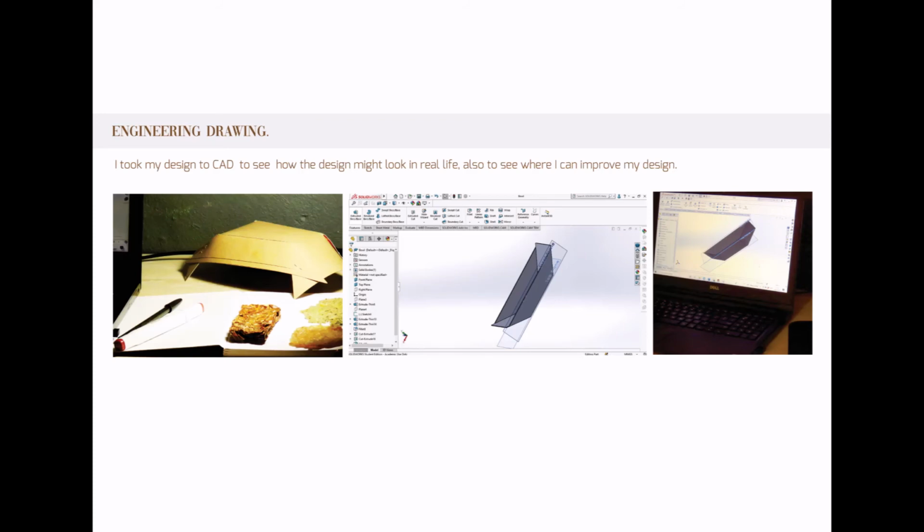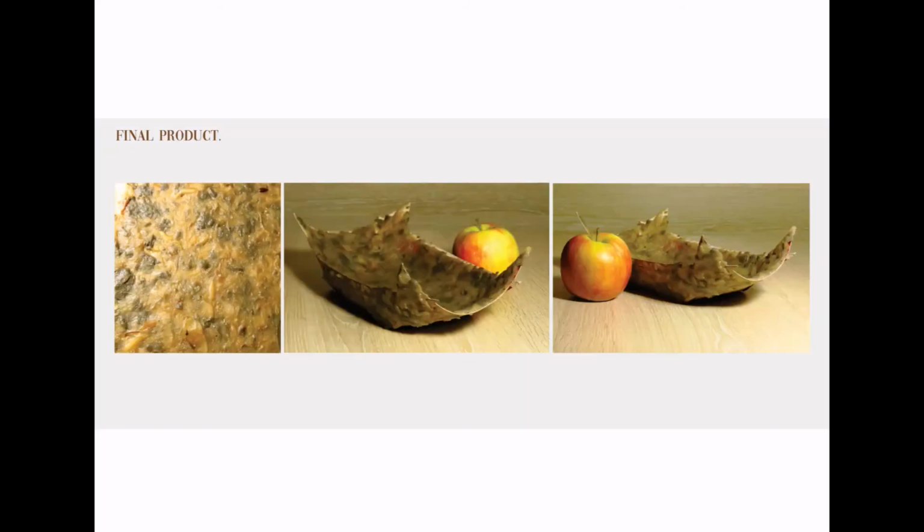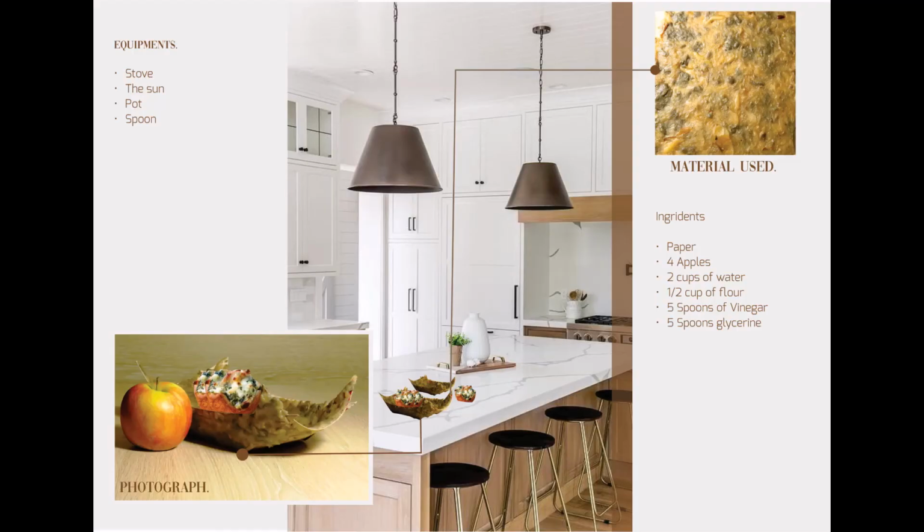Before I manufacture my product, I took it to CAD. How can you make this at your home? Here are the ingredients. You need paper, but make sure it is an environmental friendly paper, the one that you can recycle. 4 apples, 5 spoons of vinegar, 5 spoons of glycerin, half cup of flour, and 2 cups of